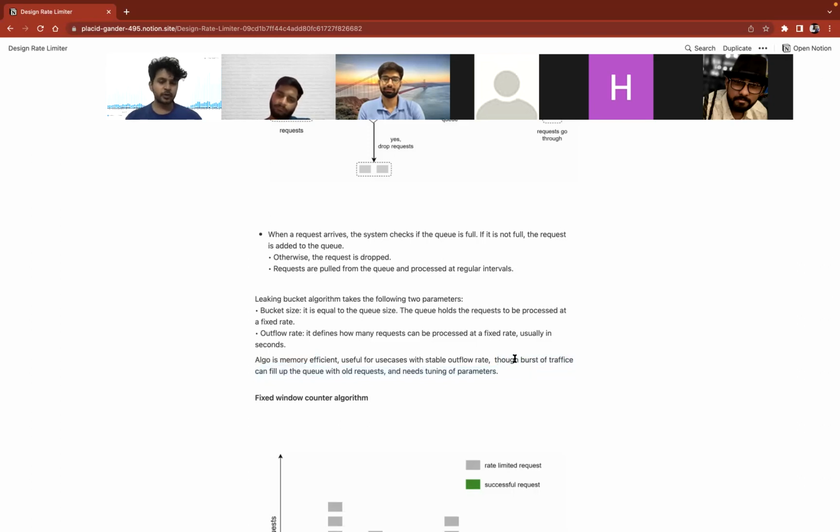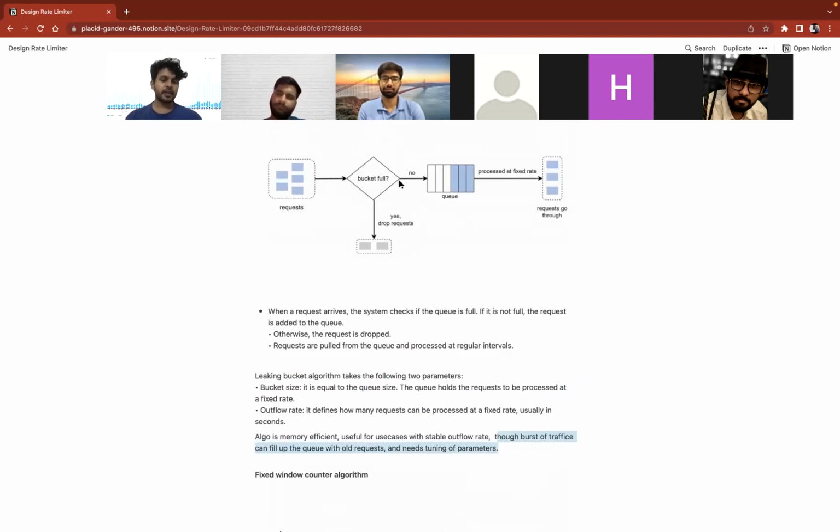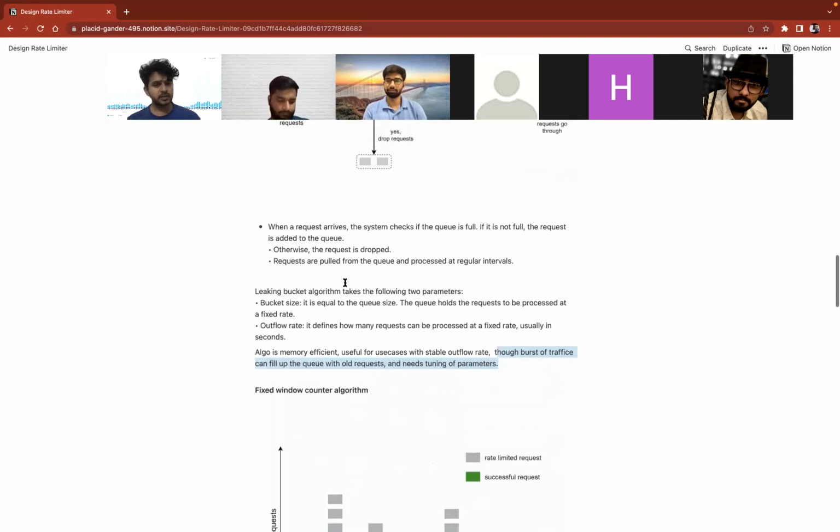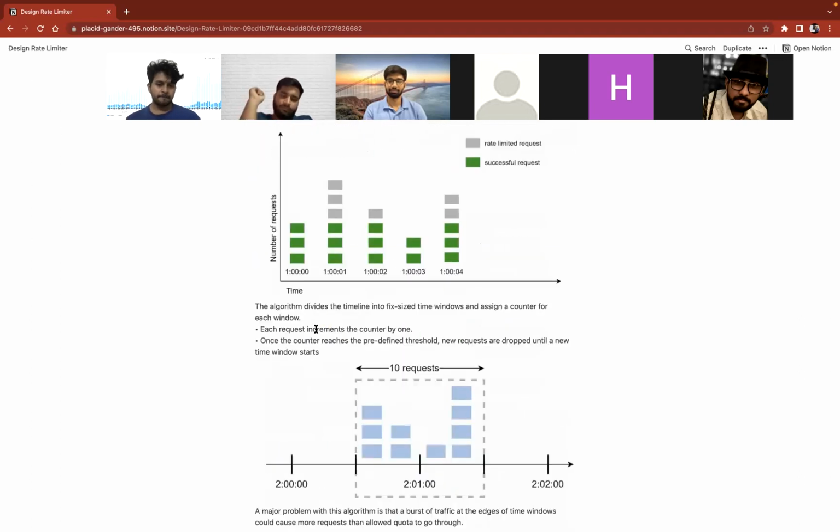दिस ऑल्सो अलाउ, इसमें ओनली कैविएट है कि ये अगर एकदम बर्स्ट ऑफ ट्रैफिक आ गया तो क्यू भर जाएगी आपकी, करेक्ट? कि एकदम विंडो के स्टार्ट में या एंड में कहीं पर भी एक बार बर्स्ट आ गया तो आपकी विंडो भर जाएगी और पूरे ड्यूरेशन तक आप ब्लॉक रहोगे। तो पीपल कैन लिटरली पीरियोडिकली सेंड डॉस अटैक आपके पास, कि अगर इनका रेट लिमिटर 1 मिनट का है तो हर 1 मिनट 1 सेकंड पे 50 रिक्वेस्ट भेजो, अगर इनकी 50 की है तो ब्लॉक हो जाएगी आपकी क्यू। क्यों? आपने क्यू तो फुल करवा ली ना उनसे, आपने बाउंस मारने की जगह फिल करा दिया, तो आपकी क्यू भर गई, अब जेन्युइन रिक्वेस्ट ड्रॉप हो रही है। दैट इज लिमिटेड, ठीक? और अगेन क्योंकि इसमें आउटफ्लो एंड बकेट साइज है तो दिस आल्सो रिक्वायर्स फाइन ट्यूनिंग ऑन प्रोडक्शन।